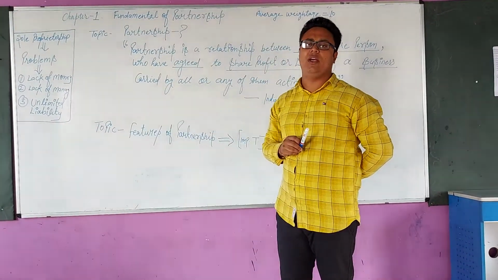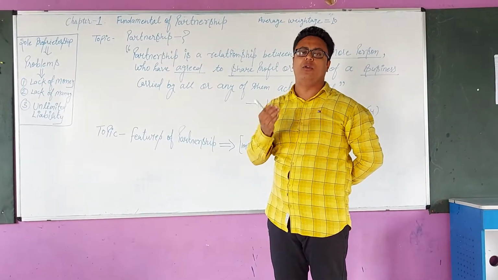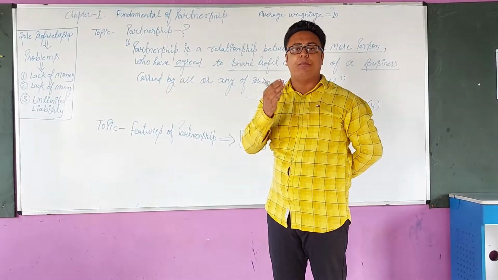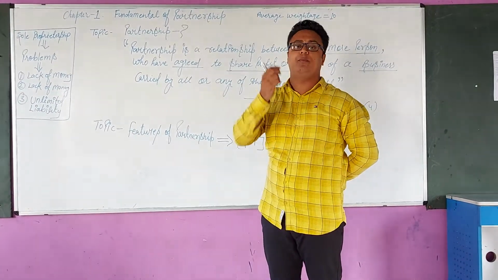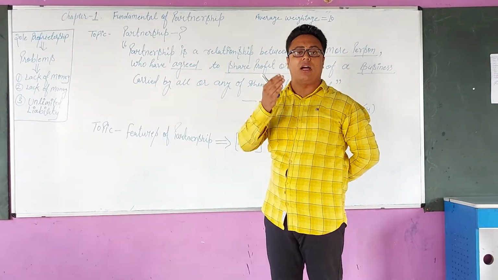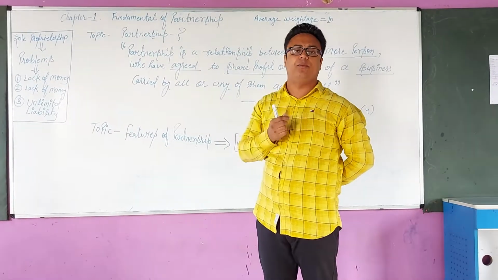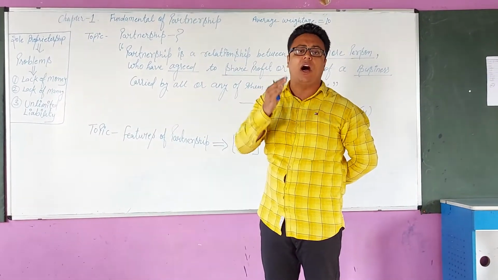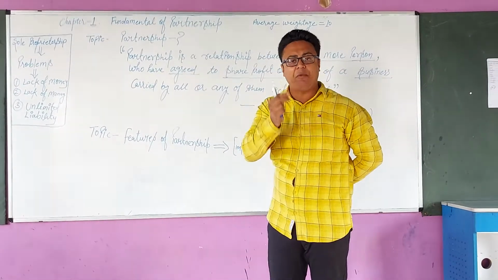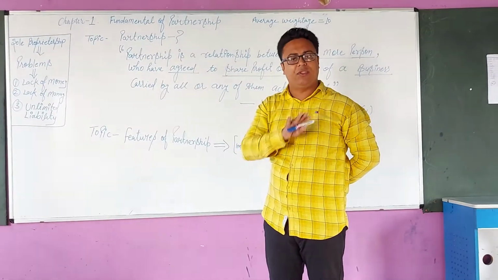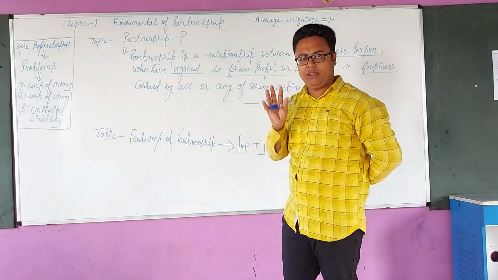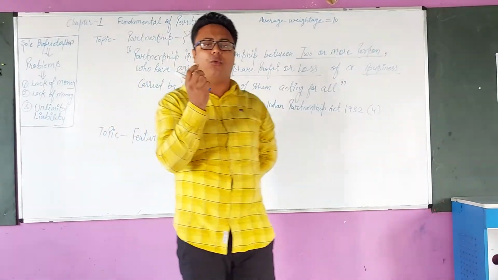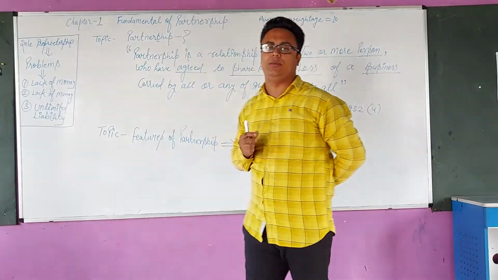In this chapter, we will learn the basic concept of partnership: what is partnership, how partnership originated, what the main features of partnership are, what adjustments are made, what books of account are maintained, how partnership works, and how partnership is dissolved, and which types of accounts are generally prepared in partnership. Right? First of all, to understand partnership better, we have to learn the meaning, the definition of partnership.